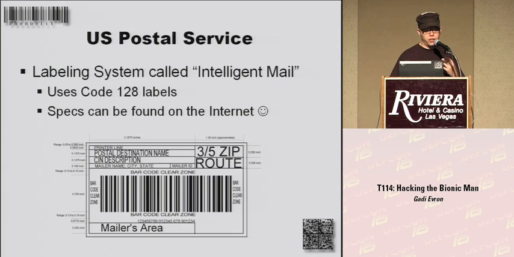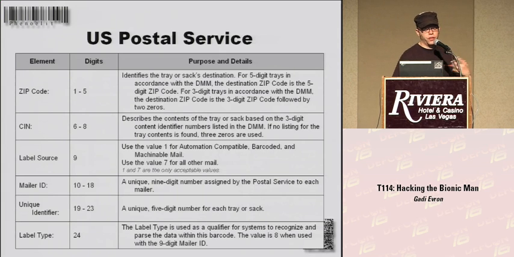So what's in a barcode? They have the spec in a barcode. So it says, here's the zip code. Yeah, it kind of makes sense here. Where should this go? Oh, and mind you, this only works for crates and big stuff, not for small letters. So you have the zip code where it goes, you have a CIN, you have a label source. So it says where it came from,